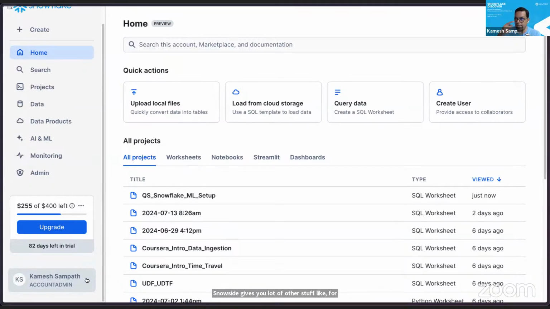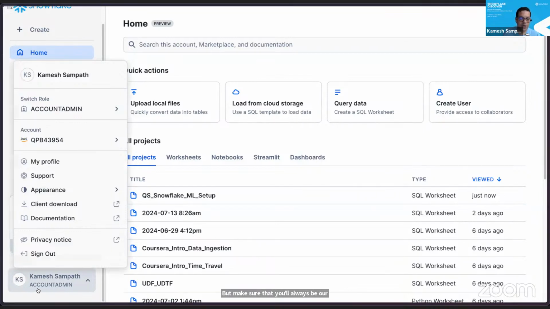But the moment you sign up with our trial account that we shared some time back, by default, everybody will be an account admin. Please don't change to any other role for the quick start because we assume you will be the account admin. It's not recommended for production though, but it's just for a trial. Later you can also play with changing your roles, seeing the permissions, etc. But make sure that you'll always be on default as an account admin when you see this.